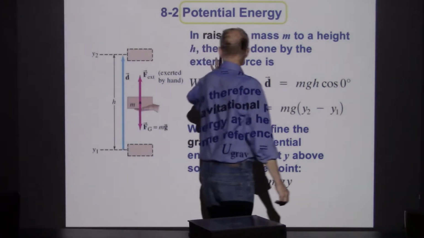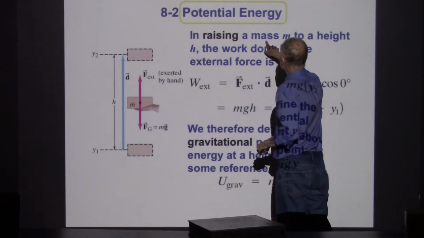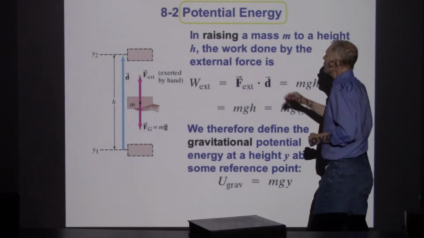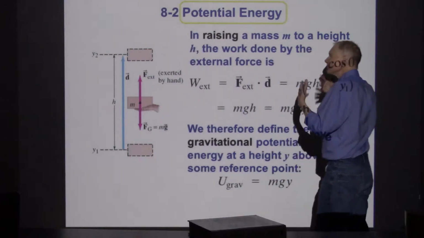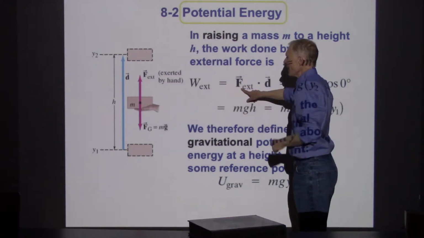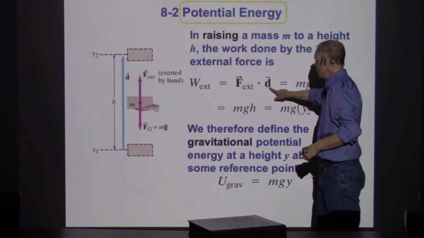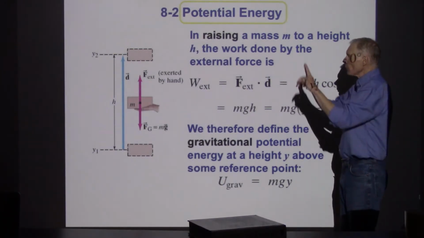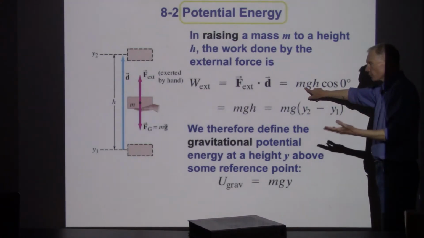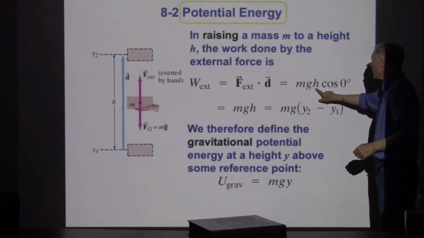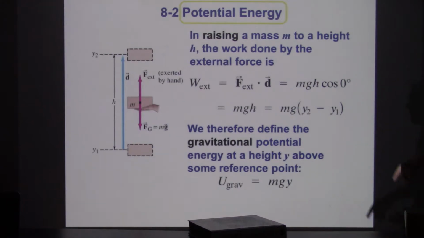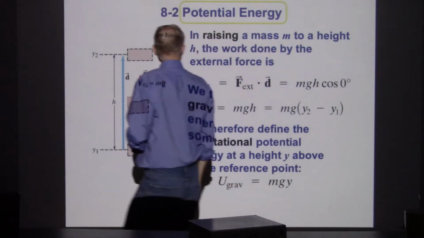direction. So one way to think about this is, if we take an object with mass m to a height h, the work that we would necessarily need to do would be equal to the force. That's just the force that the hand's exerting. So it's a force dotted with the distance. Now, in this example, the force and the distance are in the same direction. We'll write that as mg, that's the force that we would need to lift with, times the distance, times the cosine of the angle. Now, the angle in this case is 0 degrees,